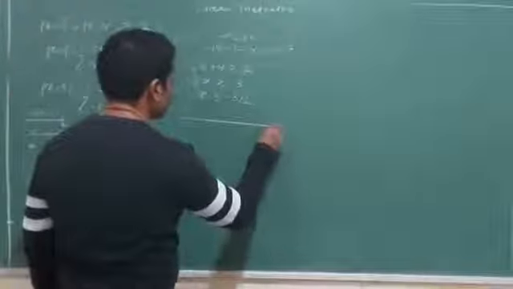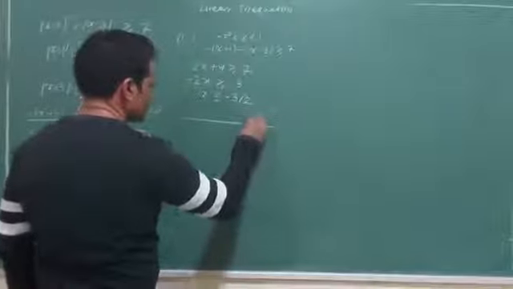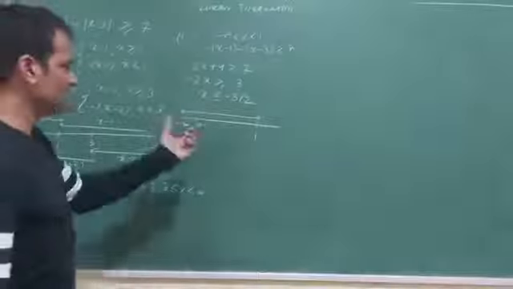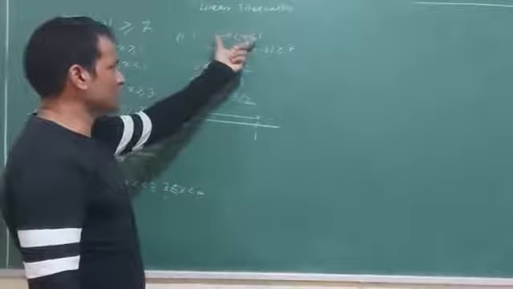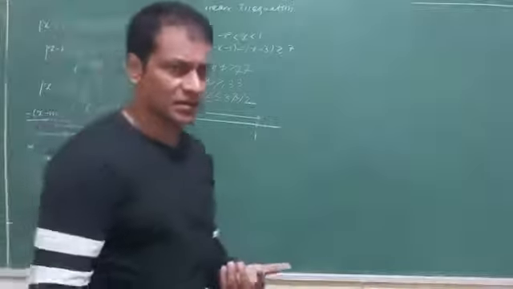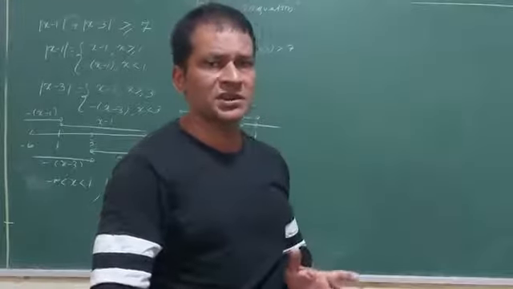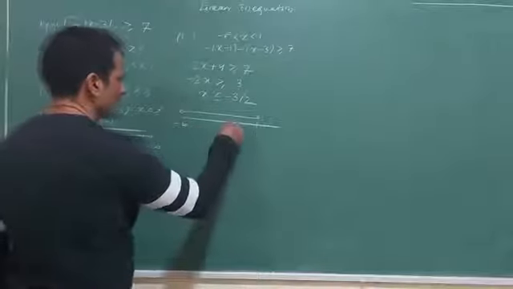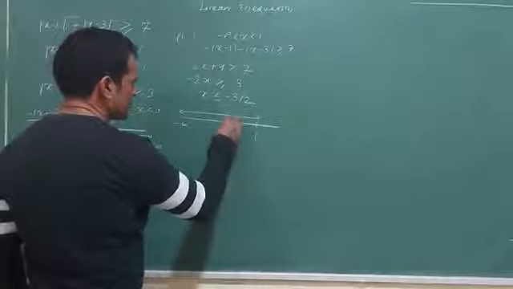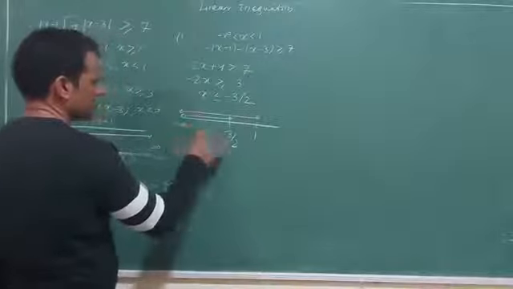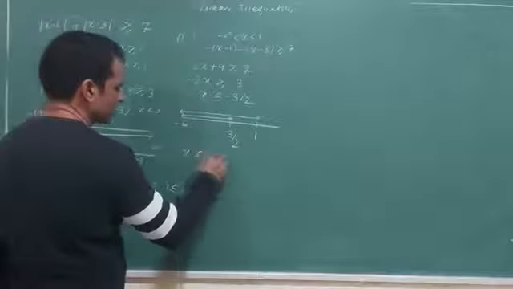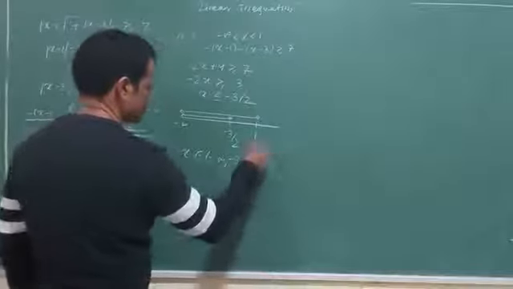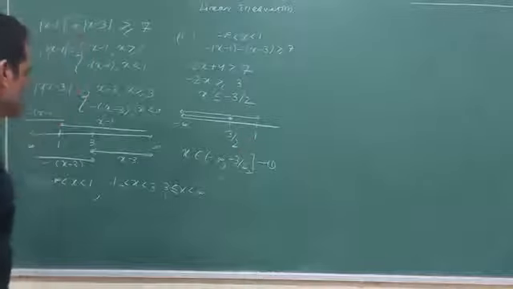So what I will do now? I will go to the number line and start with the base condition, minus infinity to 1. My answer must lie in between this. Suppose you imagine this is the money provided to you to stay in the hostel per month, and your spending must be within that limit. With the same logic, you must decide within this. So the overlapping portion is the first solution: x belongs to minus infinity to minus 3 by 2, closed.